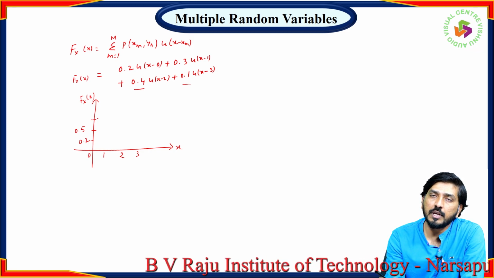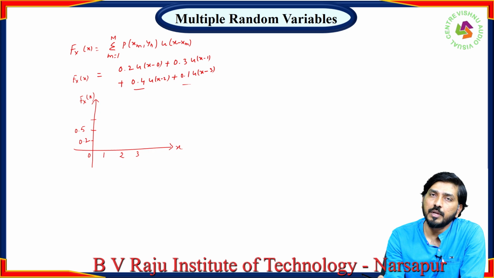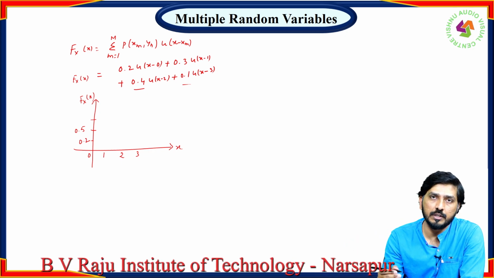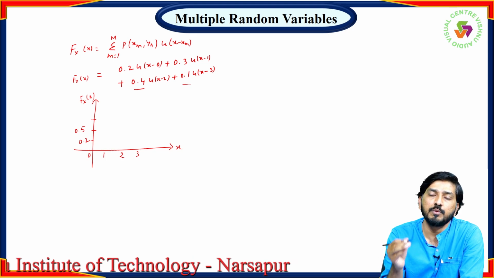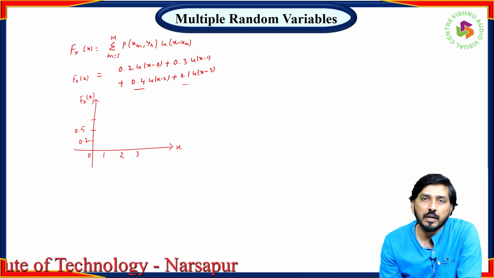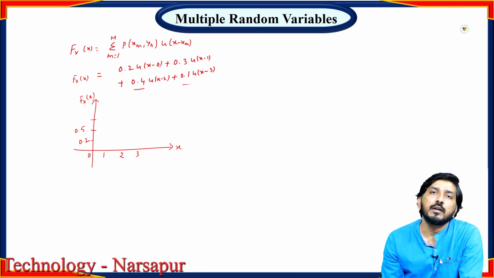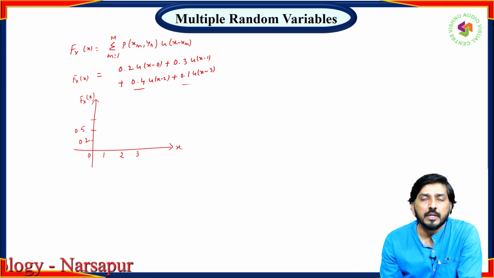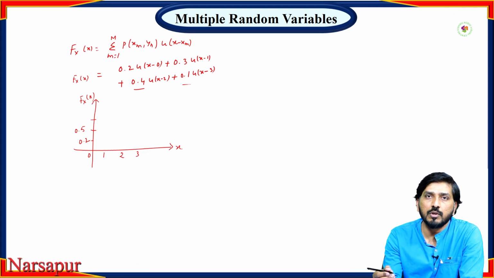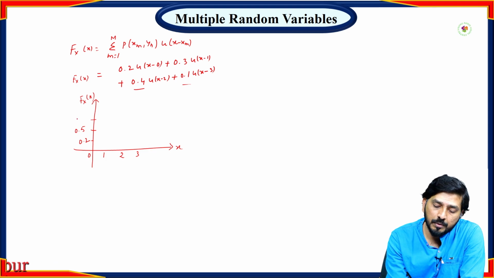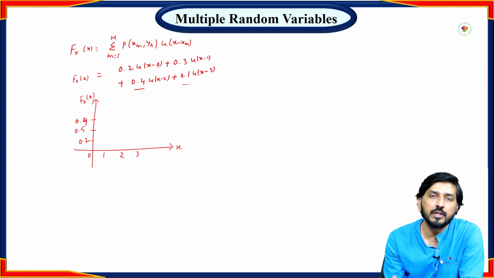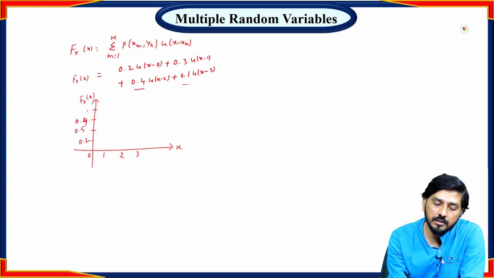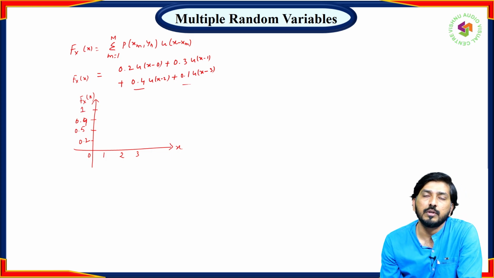This is the probability of x less than or equal to x, meaning up to that point you have to consider the cumulative addition. That is what we call the distribution function, which we have already studied in the single random variable case. The same thing you need to apply here. 0.5 plus 0.4 is 0.9,